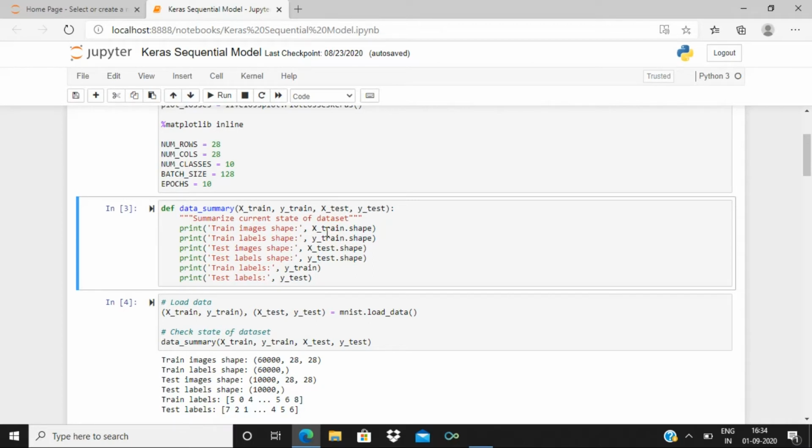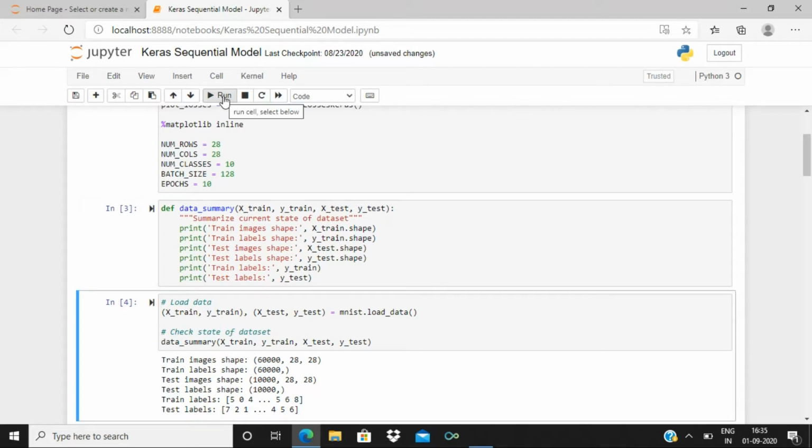And in this function we are going to print all of these things. So x_train.shape, that is, we are basically printing out the shape of the training set images. After that we'll print out the shape of the labels of the train set, and then we'll print out the shape of the test set, and finally the labels of the test set. Now let's click run.